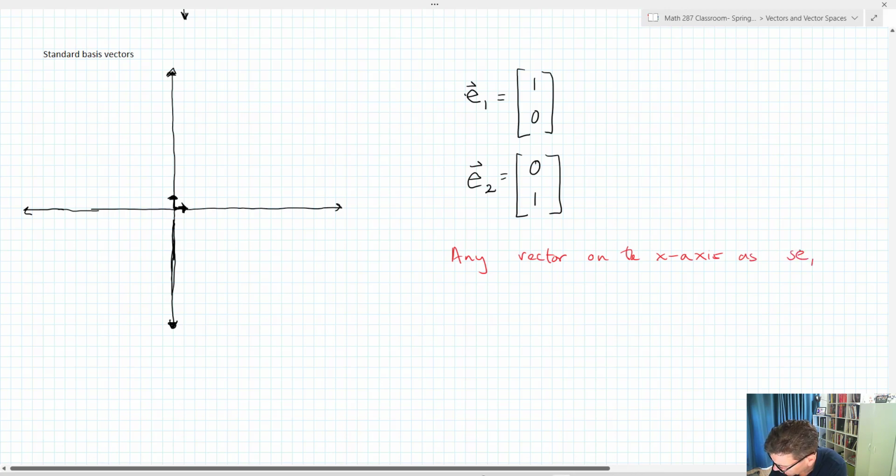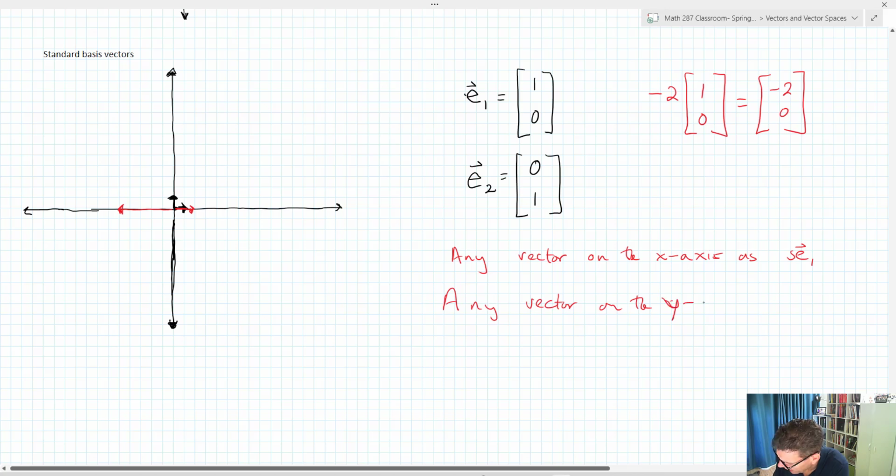So we call that E1. 2E1 is just 2, 0. Negative 5E1 is negative 5, 0. You can see negative 2 times 1, 0 is simply negative 2, 0. Right? Okay? And any vector on the x-axis,